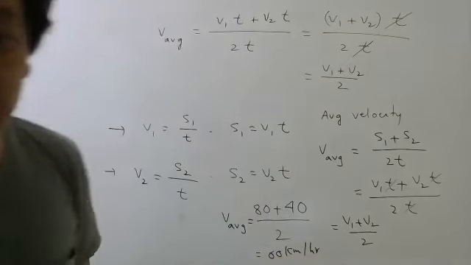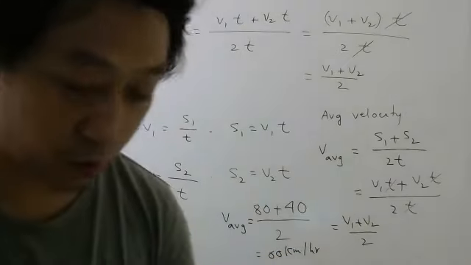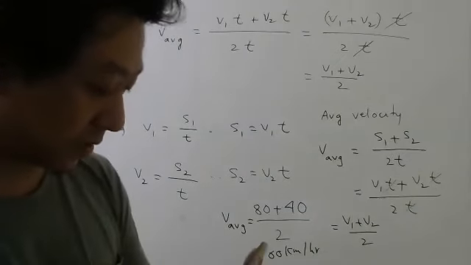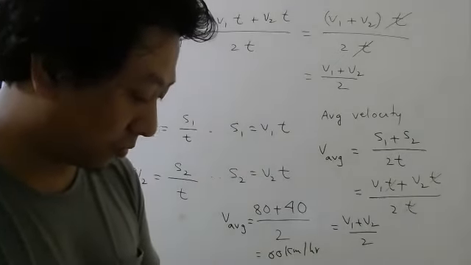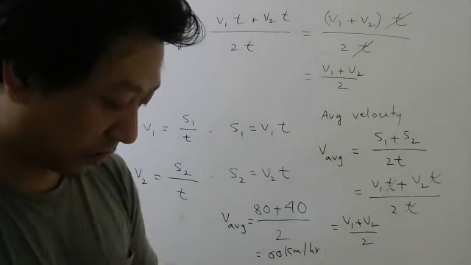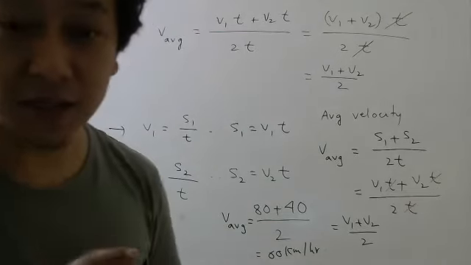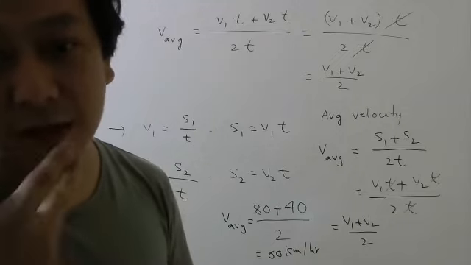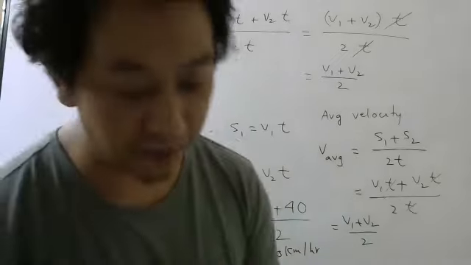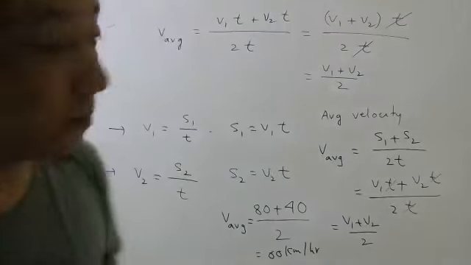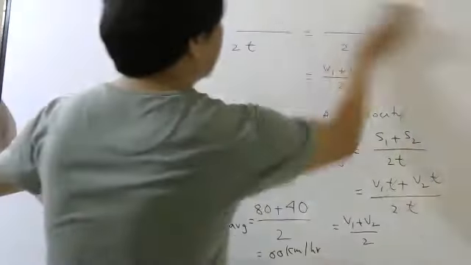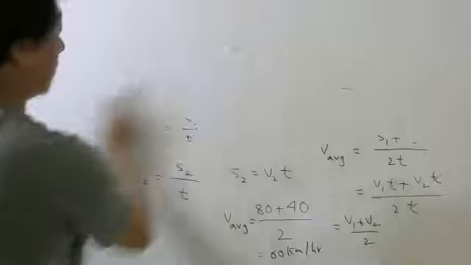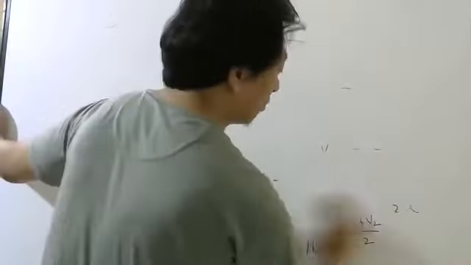So like this, depending on the question, whether times are same or distances are same, you have to change the method. But again, students, the idea is still the same. If they ask you average velocity, just divide the total distance by the total time, total displacement by the total time. Try one problem once. Last problem that you should try.